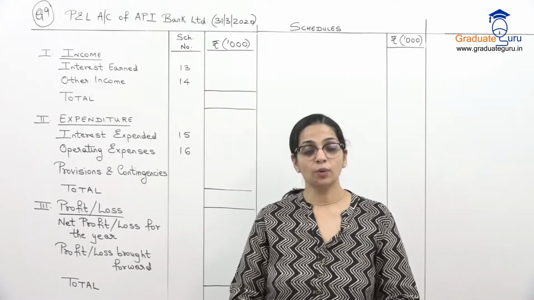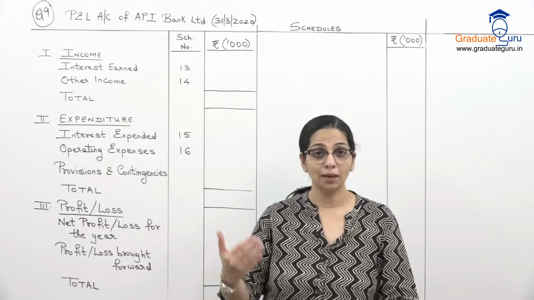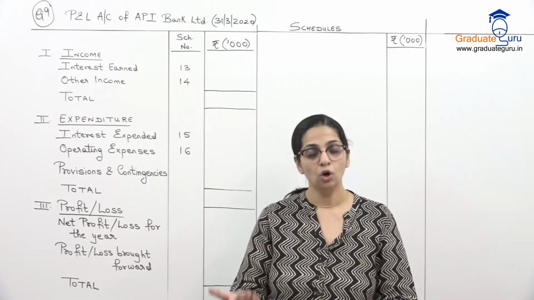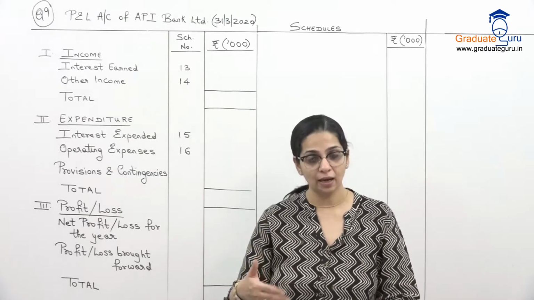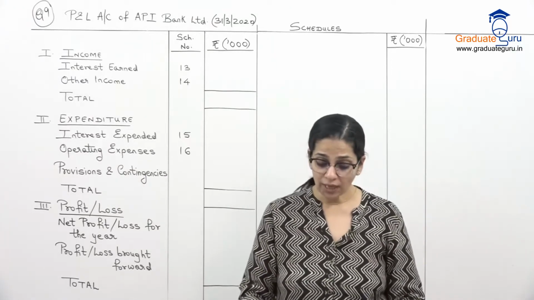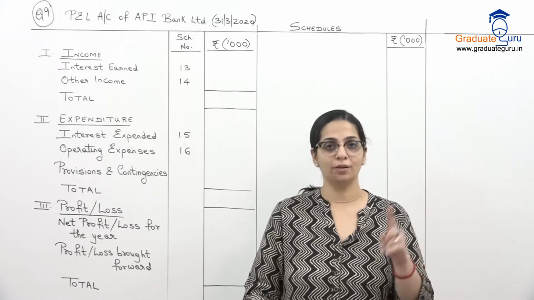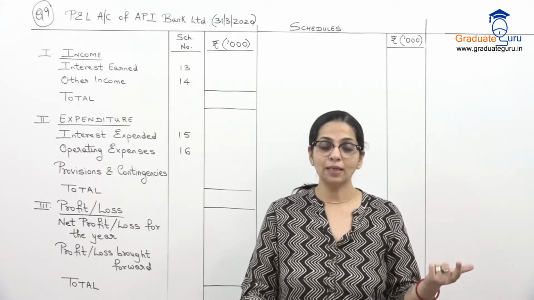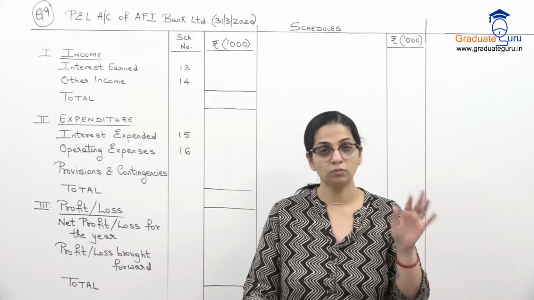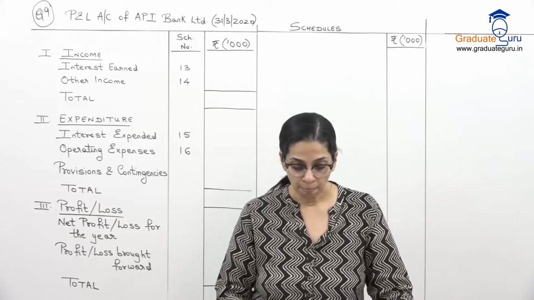Interest on balance with RBI. हमने जो RBI के साथ balance maintain किया है, हमारा जो account है RBI के साथ उस पर भी हमें interest मिलेगा. So this will also be schedule 13. Then we have commission on remittance and transfer. Now this is other income. ये direct banking से related नहीं है and therefore this is shown in other income. So this will be schedule 14.